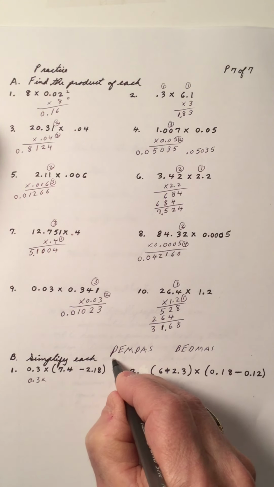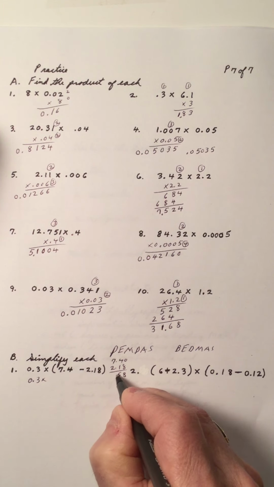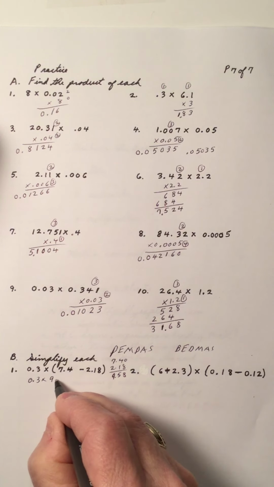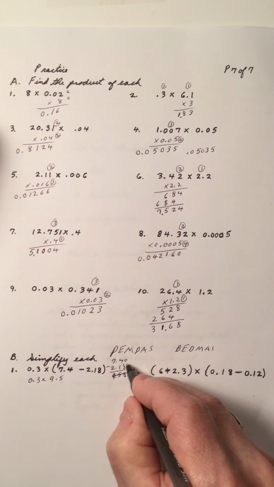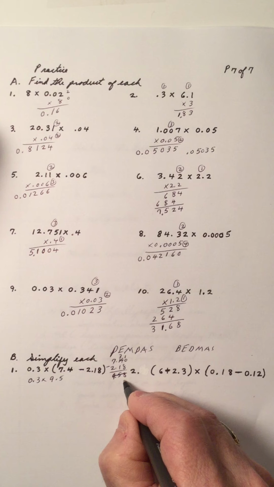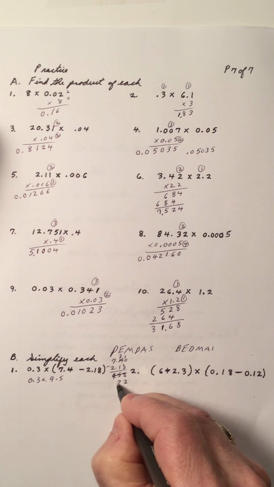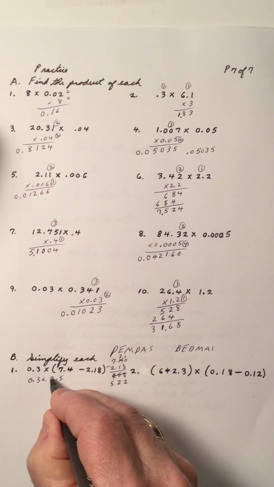So if you take 7.4 and add on 2.18, when you add, you got to line up your decimals. 0 there, add 8, 5, 9. So there's 9.5. Oh, I got to subtract. Oh, that's my mistake. I just noticed the subtraction. That's a 3. That's a 1. 10 subtract 8 is 2. 3 subtract 1 is 2. 7 subtract 2 is 5. So that's a